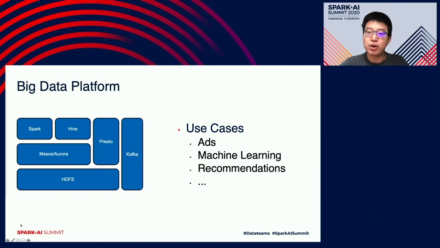Pinterest has been building our own in-house big data platform, leveraging open source projects. Projects we use are HDFS for storage, Mesos and Aurora for resource management and scheduling, Spark, Hive, and Presto for data processing, and Kafka for logging.